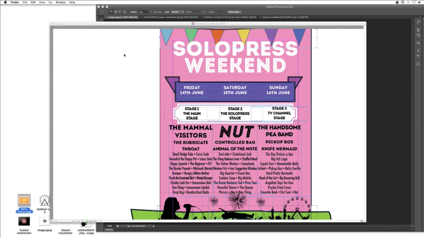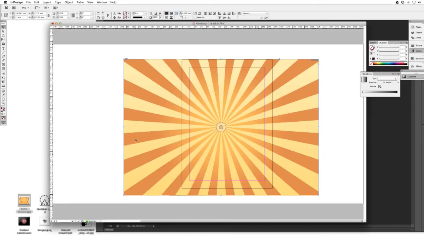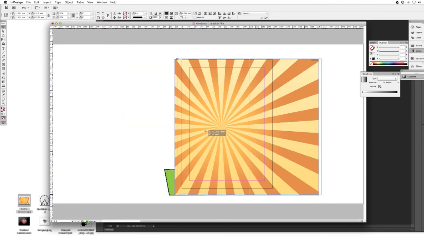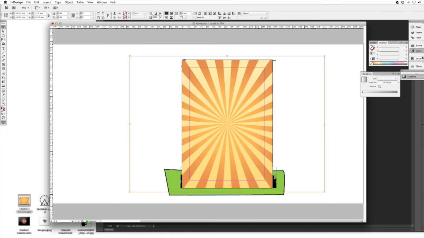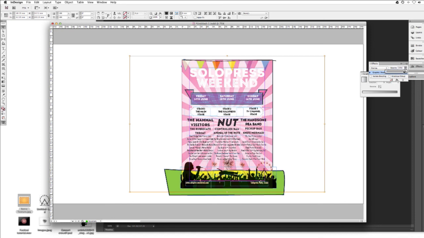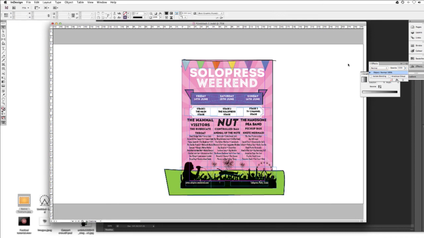So here we go. I'll select this and I'll just drag it in and adjust the size I want it to. It's a bit of an overspill. Just sort out the edges. I'll go to the effects tool and do the same again and go on overlay. So a nice, so that mixes with the pink well. I'm just going to take down the opacity a little bit so it doesn't have too much vibrance. There we go, that looks good.